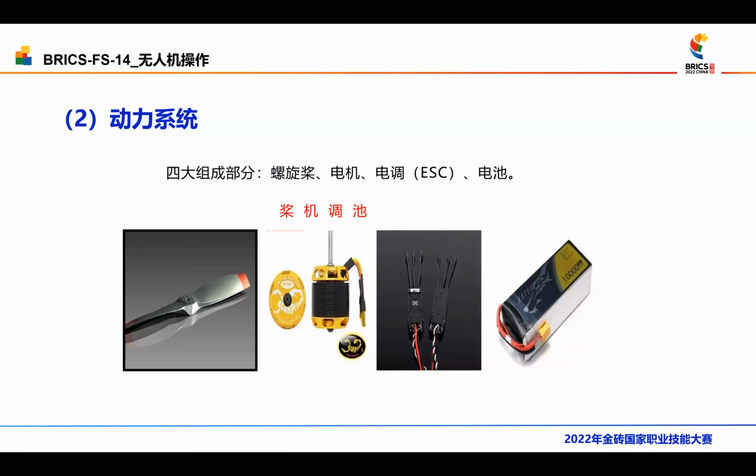Parameters of electric regulation. For example, a brushless regulation marked as 30A refers to the maximum current that the brushless regulation can continuously and stably output. Some electric regulators are marked with BEC. The Chinese translation